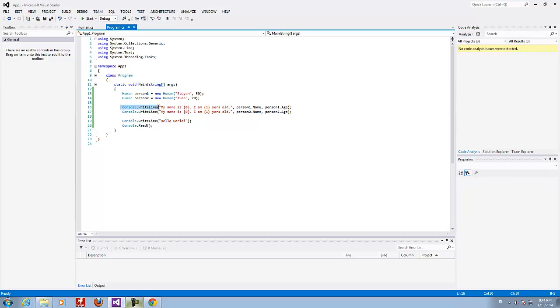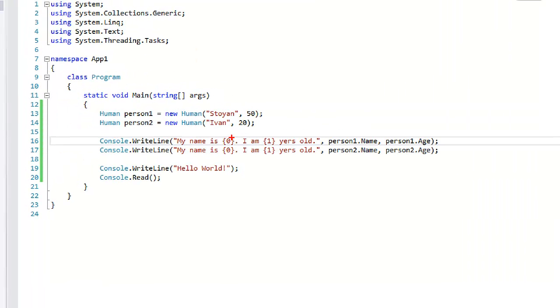So the main function of my program actually turns to the person, looks at its property name, looks at its property age, and just reports to everybody, to the rest of the world: the name of this person is, and his or her age is. This would be even more correct. But I want to show you something.